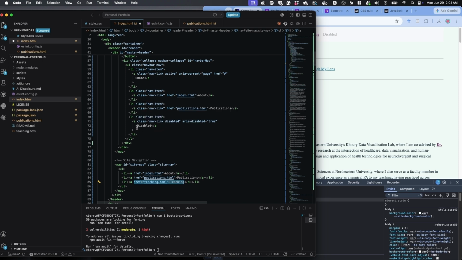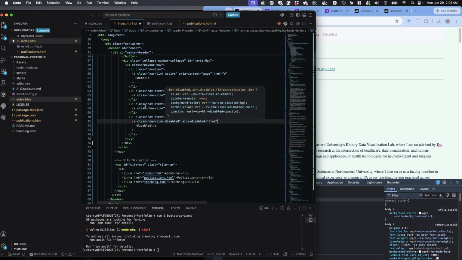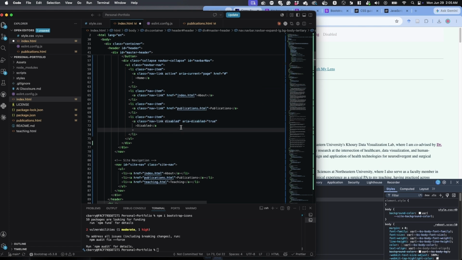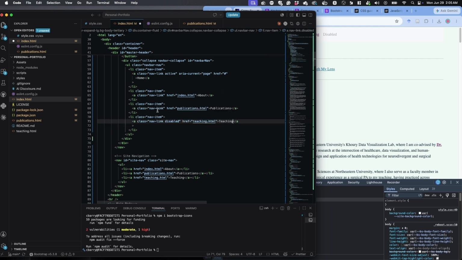And these are here for teaching. And I need an extra one. So nav item, they have it nav link disabled. I don't want it to be disabled. I want another link. So I'm going to add that. And I'm going to copy this one above to make sure that I'm just going to have the same nav link for each of them. So I'm going to